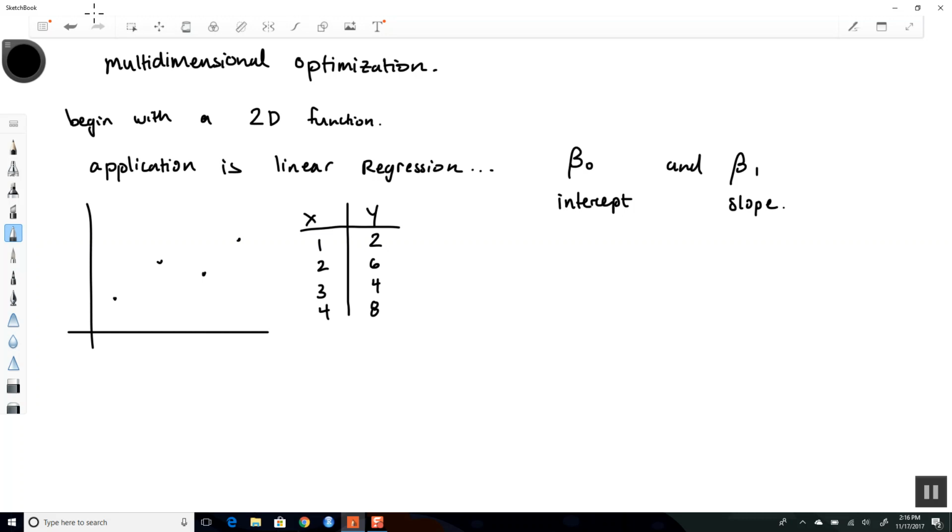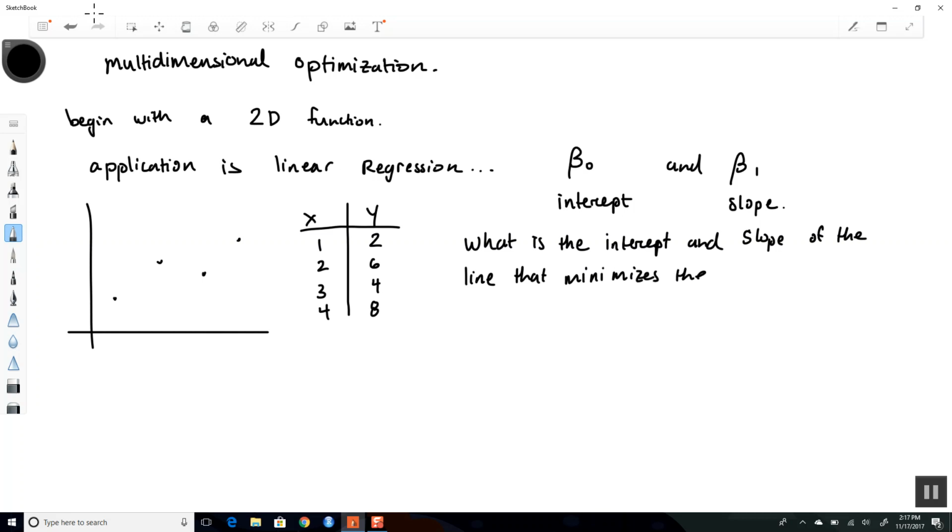Okay, and we want to find, what is the intercept and slope of the line that minimizes the squared residuals, right? So our sum of squares residuals will be the sum of y minus